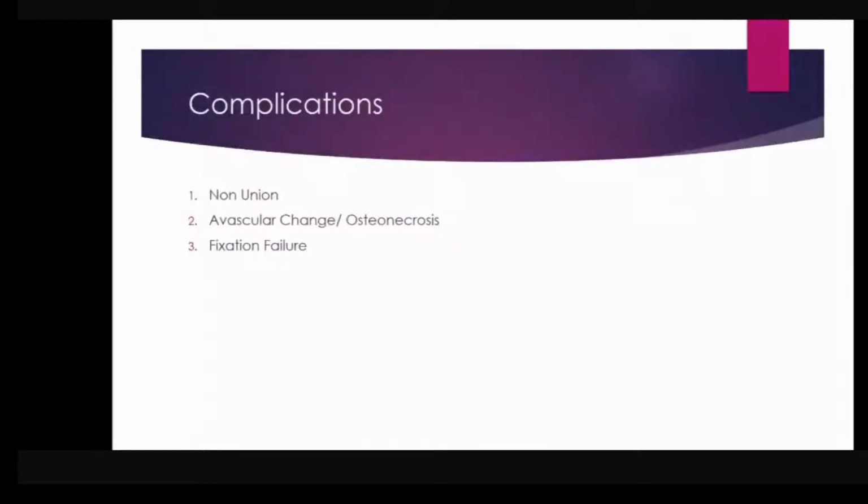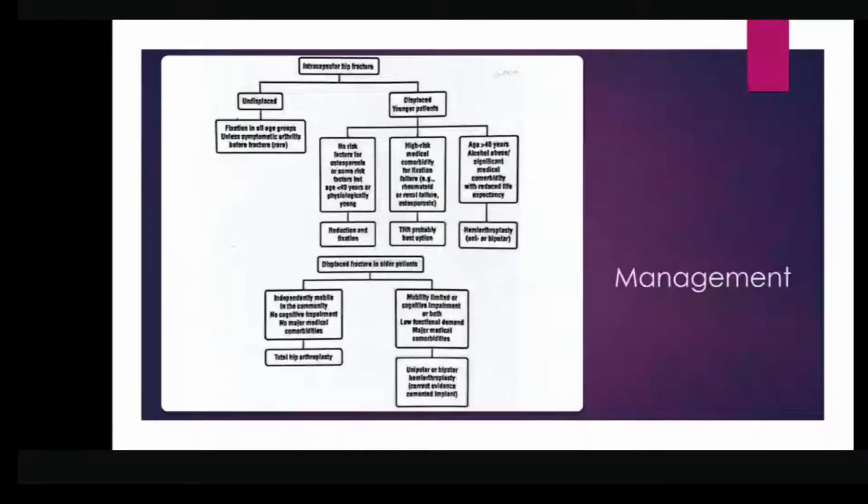Hemiarthroplasty is the replacement of the femoral head only, and total hip arthroplasty is the replacement of the femoral head along with the replacement of the acetabulum. So, the advantage of hemiarthroplasty over total hip arthroplasty is that it is less surgically demanding. If a patient has many comorbidities like diabetes and hypertension, hemiarthroplasty will be better tolerated by that patient.